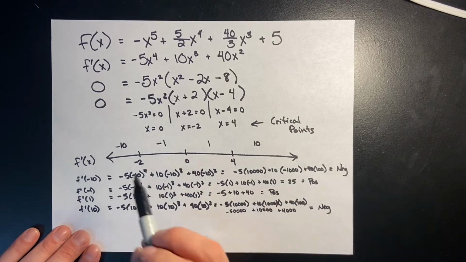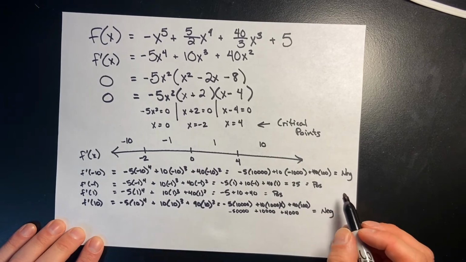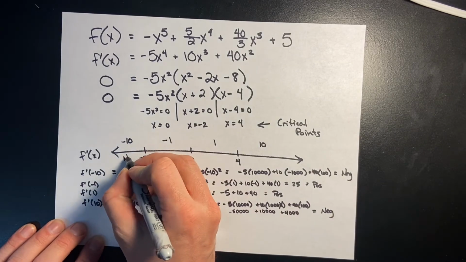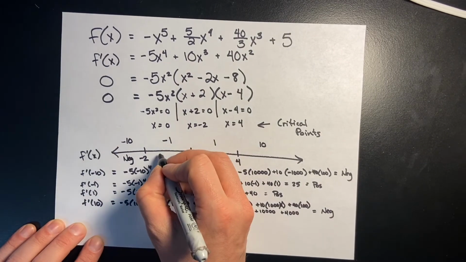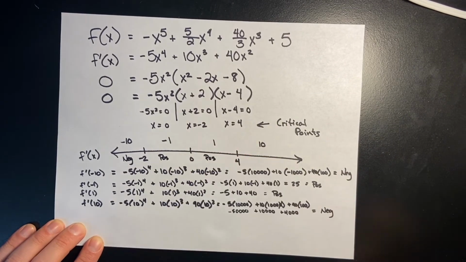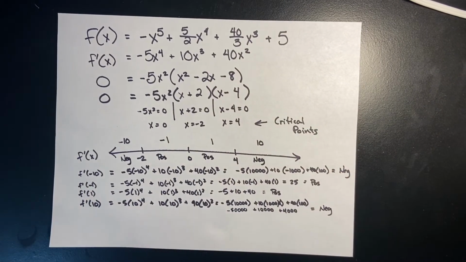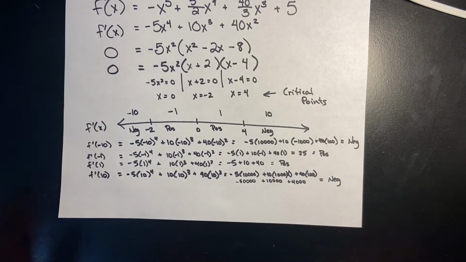Okay, I'm going to go back to my number line all this time later. 5-minute problem. I'm not even done yet. This is negative right here. This is positive right here. This is positive right here. And this is negative right here. Okay? After I write all of that out, I'm using those signs and I'm using those negatives, positives to determine which